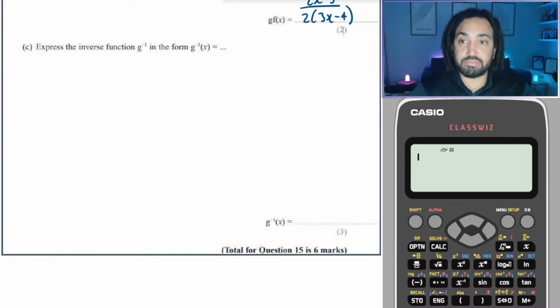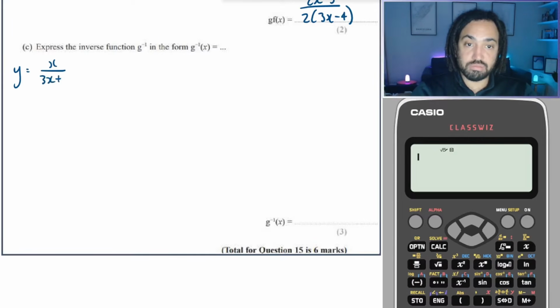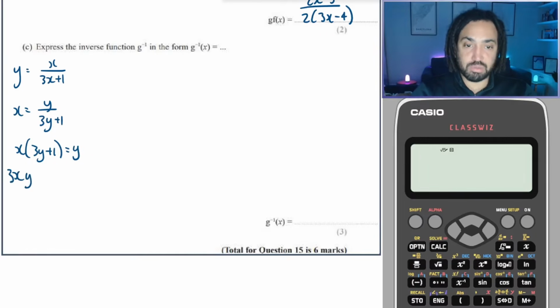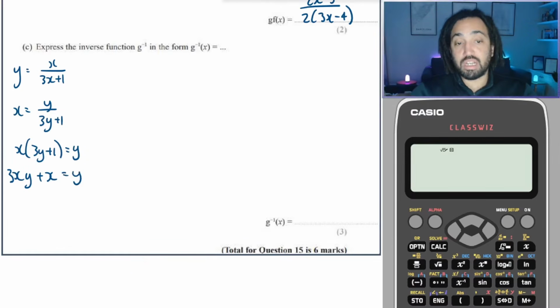So once again, to find the inverse function, we set y equal to that function. We do the old swaparoo, swap the x's and the y's, like so, and then we multiply up, in this case, and expand, and it's going to give me 3xy plus x is equal to y. I'm going to bring all the y's together,